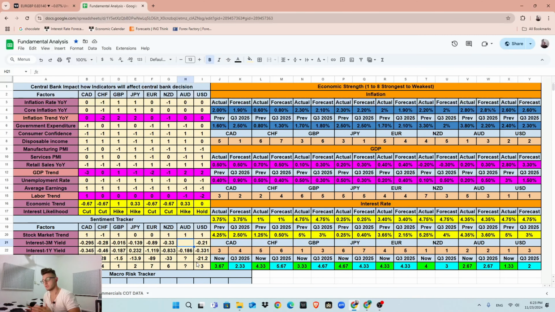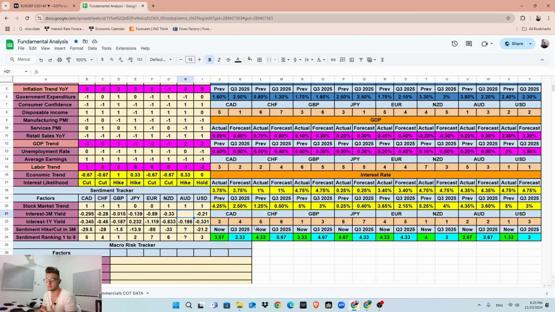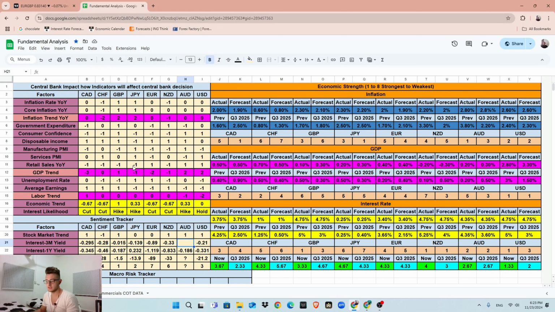I would like the COT data to be incorporated with the fundamentals, but if it doesn't happen, I don't mind. I just look into the fundamentals. Okay, I take COT data as sentiment, but my real sentiment is the yield curves, the yield prices. So the 3 months yield and the 1 year yield as short term and medium term rate expectations for any given country. Okay, after I do these, I start analyzing.